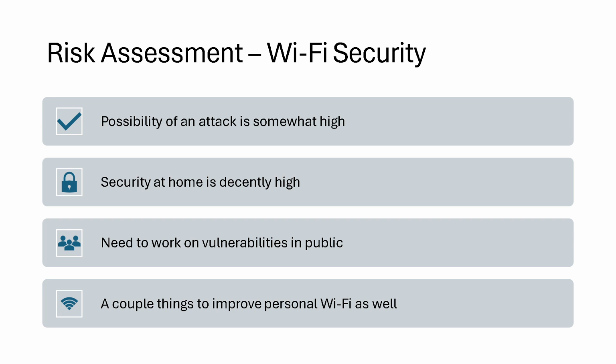My personal Wi-Fi at home is pretty secure. I mean, we have a WPA security protocol. The default configurations on the router have been updated. The signal strength is reduced to fit the premises of our house. And remote management has also been disabled. However, we do have universal plug and play still in use. The big issue with me personally is the use of public Wi-Fi, because with that, the probability of attack would be pretty high, since I utilize public Wi-Fi almost every day, where attackers could easily access my device.